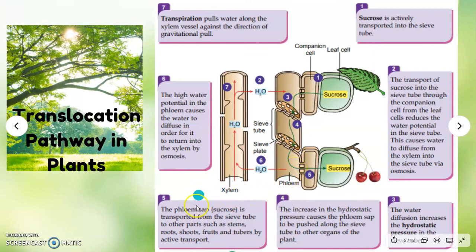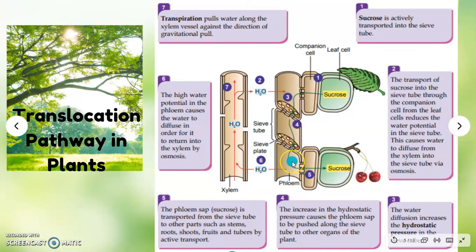And then number 5, the phloem sap, which refers to the sucrose, is transported from the sieve tube to other parts such as stem, root, shoots, fruits, and tubers by active transport. As we can see here, the phloem transports sucrose into the fruit,